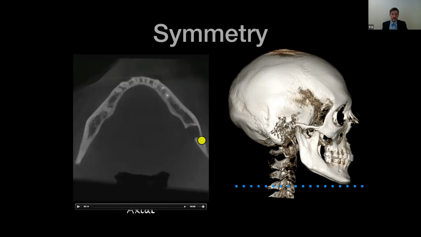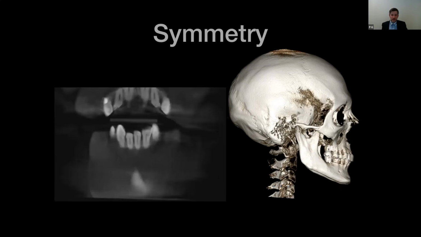So we can see this area here, this low density or radiolucent area, and we do not see it on this side. So there's no lingual cortical plate here. But actually the surrounding area does look pretty well defined, and it looks like it has a nice rim of cortical bone on the inside. But again, no lingual cortical plate here, but we do see the lingual cortical plate on this side.